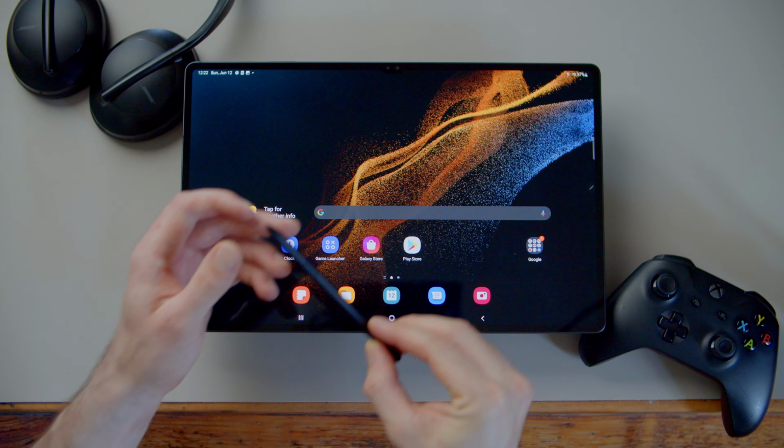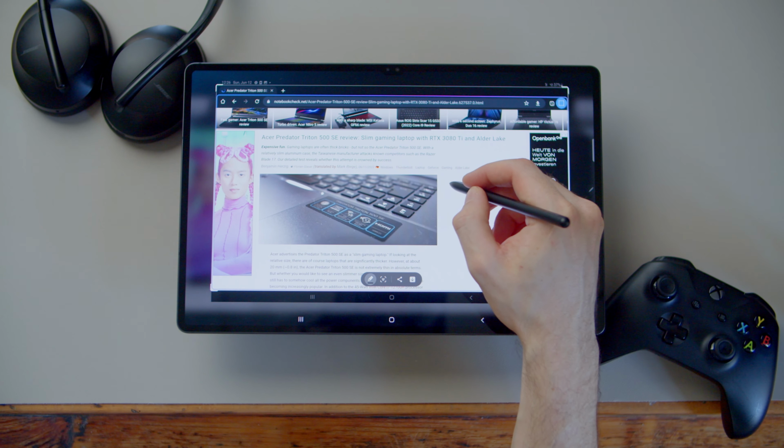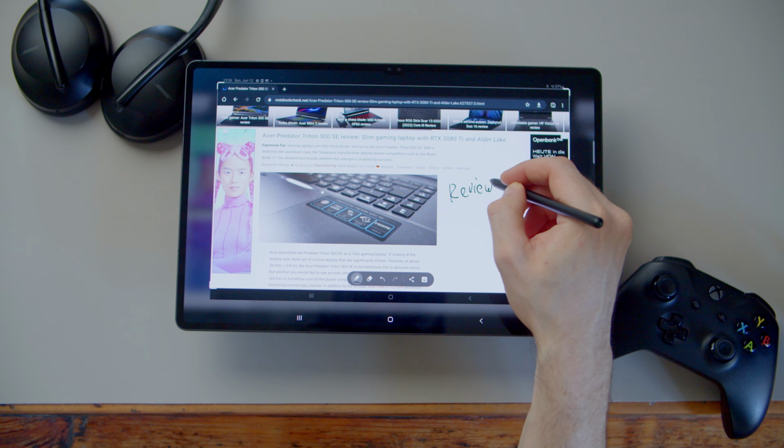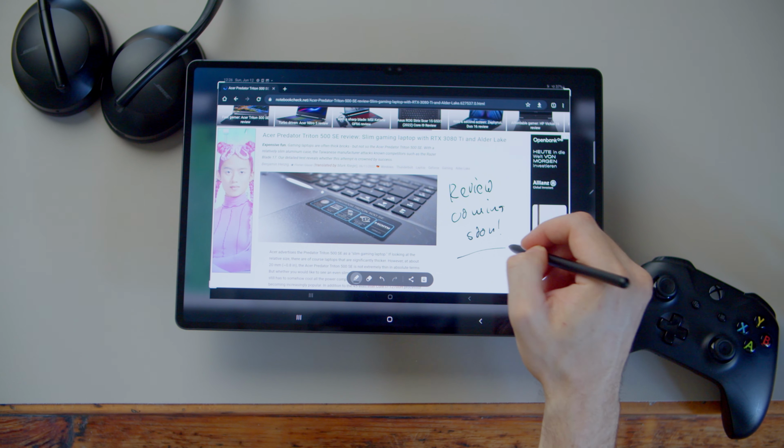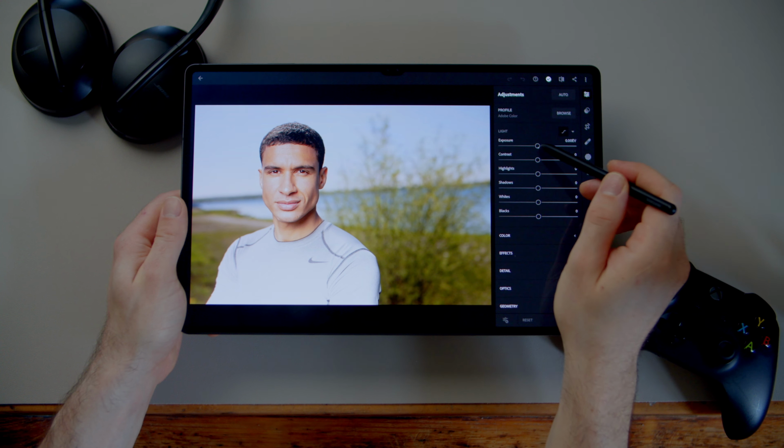The included S Pen can be used with or without Bluetooth, even though you should be aware that some functionality is only available via Bluetooth, so it may be best to keep a charge on the back of the tablet. The pen is very accurate and supports various additional functions and gestures that give you even more options to interact